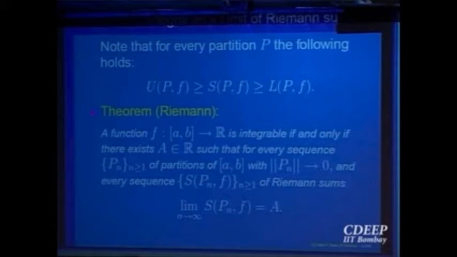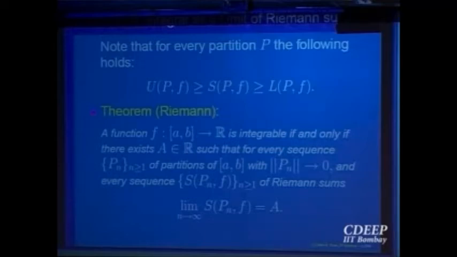But it says if a function is integrable, if all this converge to a limit, then automatically it will happen, one can prove that function actually is bounded. So that comes out as a consequence. But he was able to show that, for example, a function which is not necessarily continuous, which has finite number of discontinuities, that also is integrable by this definition, which is not possible to show by upper sums and lower sums. And the second advantage of this way is that integral becomes a limit now.